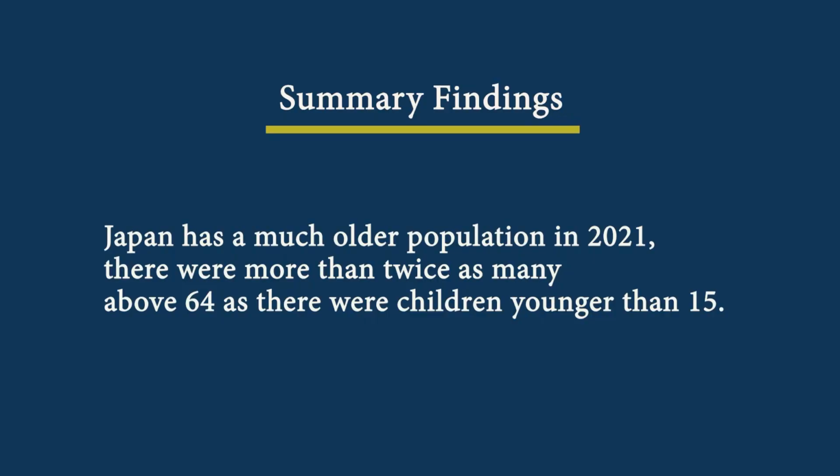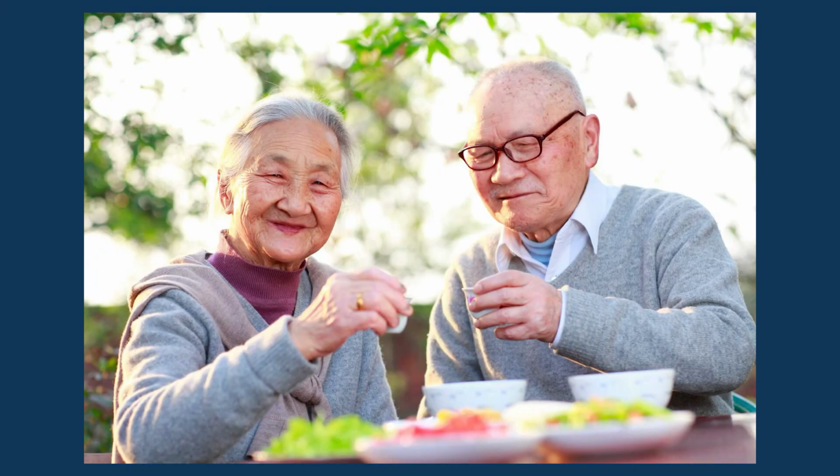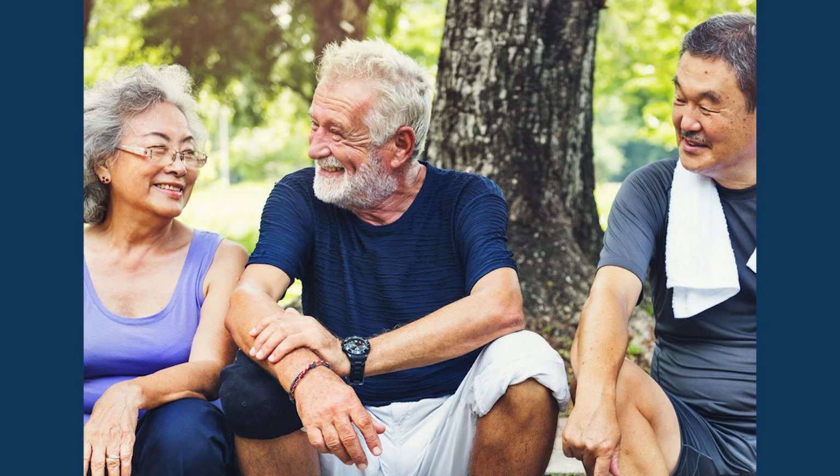Now, what are the summary findings? Japan has a much older population in 2021. So there are too many people in the age group 65 plus, and even more than twice as many above 64 as there were children younger than 15. So in Japan, specifically, the old age dependency ratio is very serious, which is representing the people in the 65